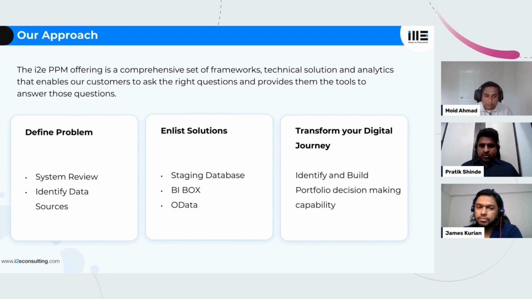The second approach that Planisphere and we are also suggesting is the BI box approach. So BI box is similar to the staging environment, except it's all managed by Planisphere. Consider the BI box as a data lake where all the data from Planisphere is stored into a particular cloud environment. And since it is cloud based, you don't have to worry about maintaining the servers, or in case the data increases in the future, you don't have to worry about increasing the storage or increasing the processing speed of the server. It's highly scalable in that aspect.